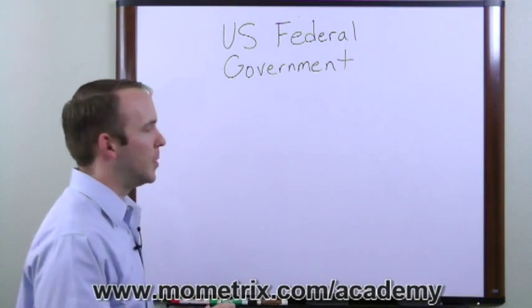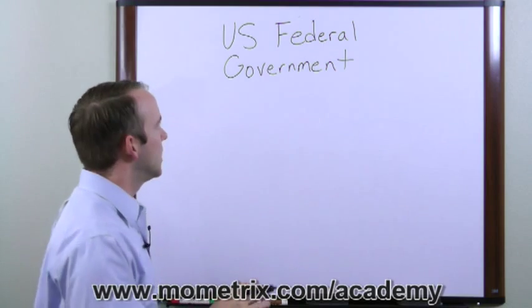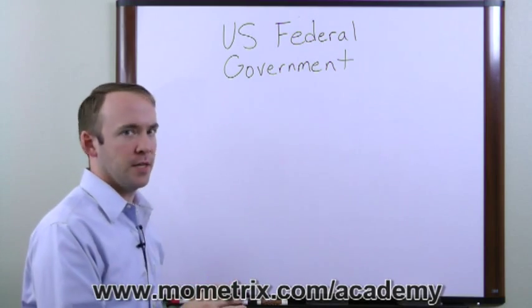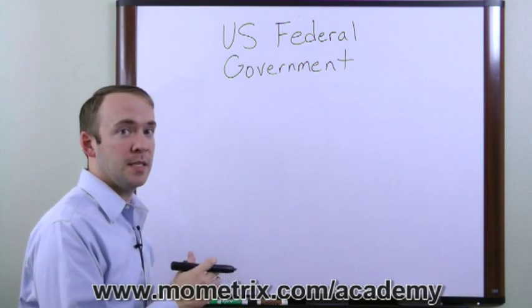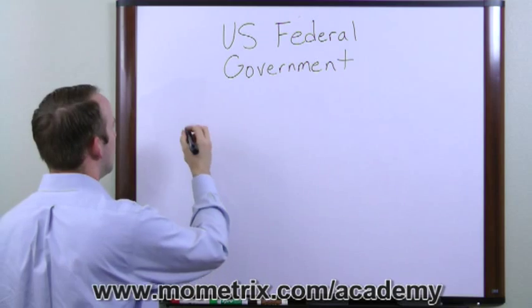The U.S. federal government affects all of our lives. It is made up of three different branches. The branches were established by the U.S. Constitution, which was adopted in 1787. The first branch